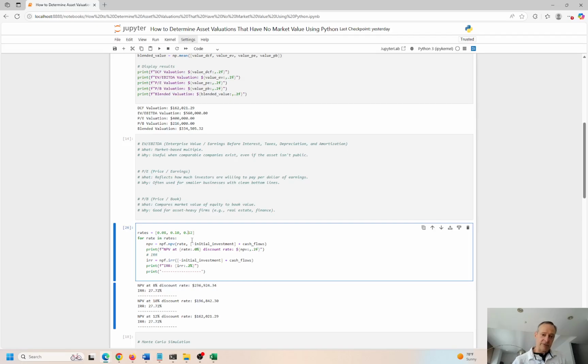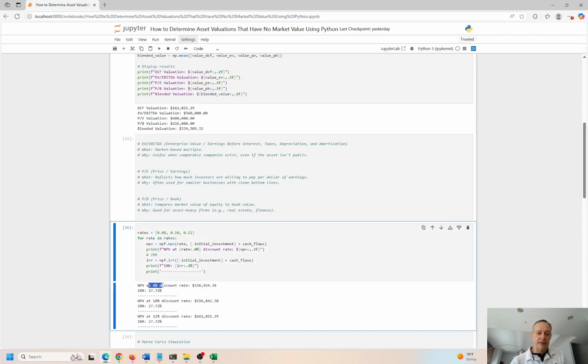Now I'm looking at this. I don't have to print out the IRR each time. That was unnecessary because that's not going to change. But that's fine. I'll just leave it in there. But you can see as the interest rate on the loan is lower, the value to you of that piece of property, because you're paying a smaller mortgage, is more, right? The value of that property is more as you're paying less for the loan.